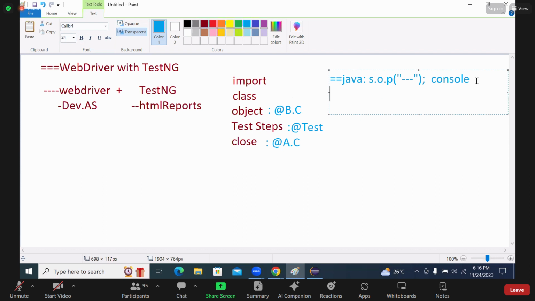Now, in the same way, taking care about TestNG. In Java, what is a printf statement? System.out.println. Those statements are printed in the console, which we call the Java console. In the same way, with TestNG,